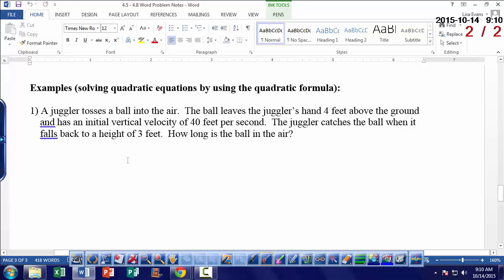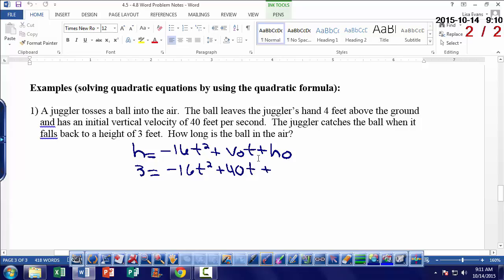First thing I'm going to do is write down the equation we saw on the other page, and then plug in what I know from the word problem. So we know that the ending height is going to be 3 feet. We don't know t, that's what we're solving for. We know the initial velocity is 40 feet per second, and the initial height is 4 feet above the ground. So in this problem, we want to get it equal to 0. So we have 0 equals negative 16 t squared plus 40